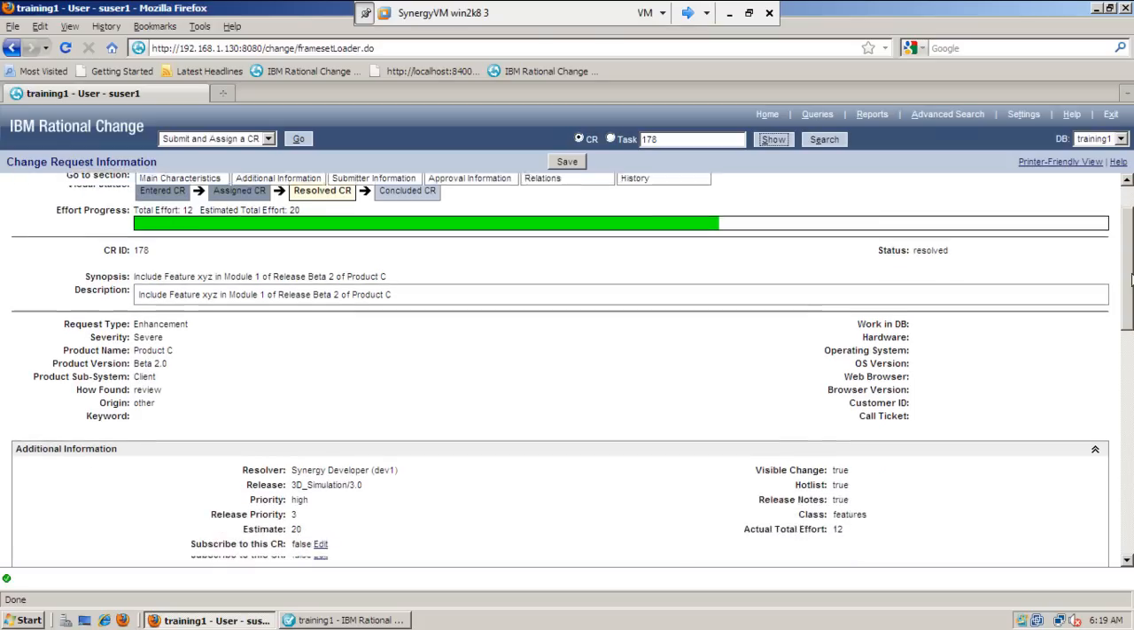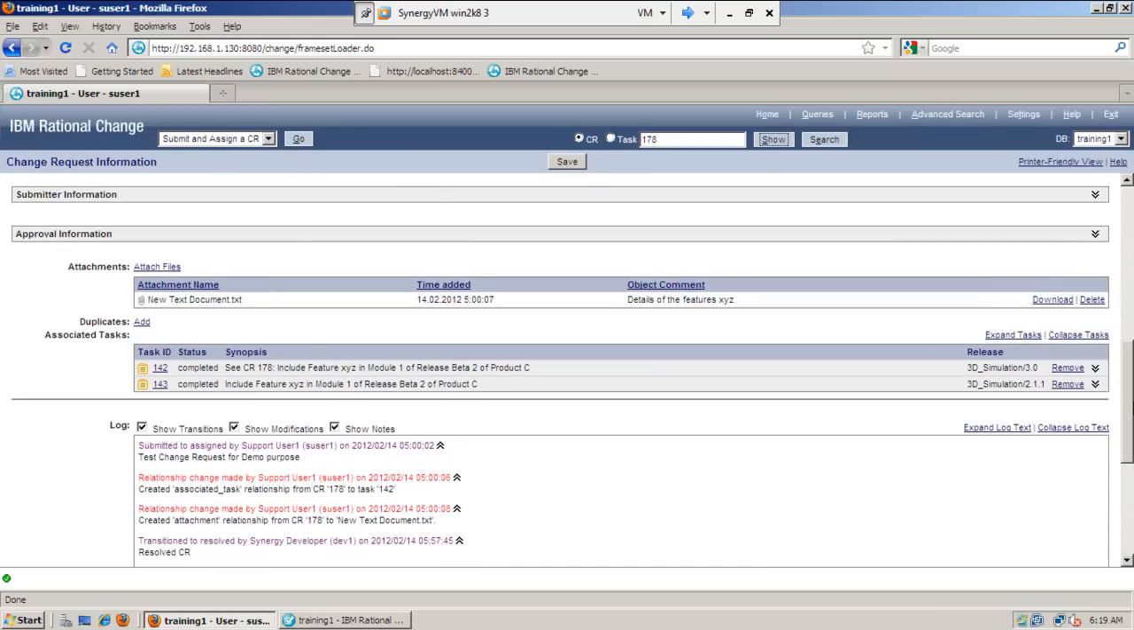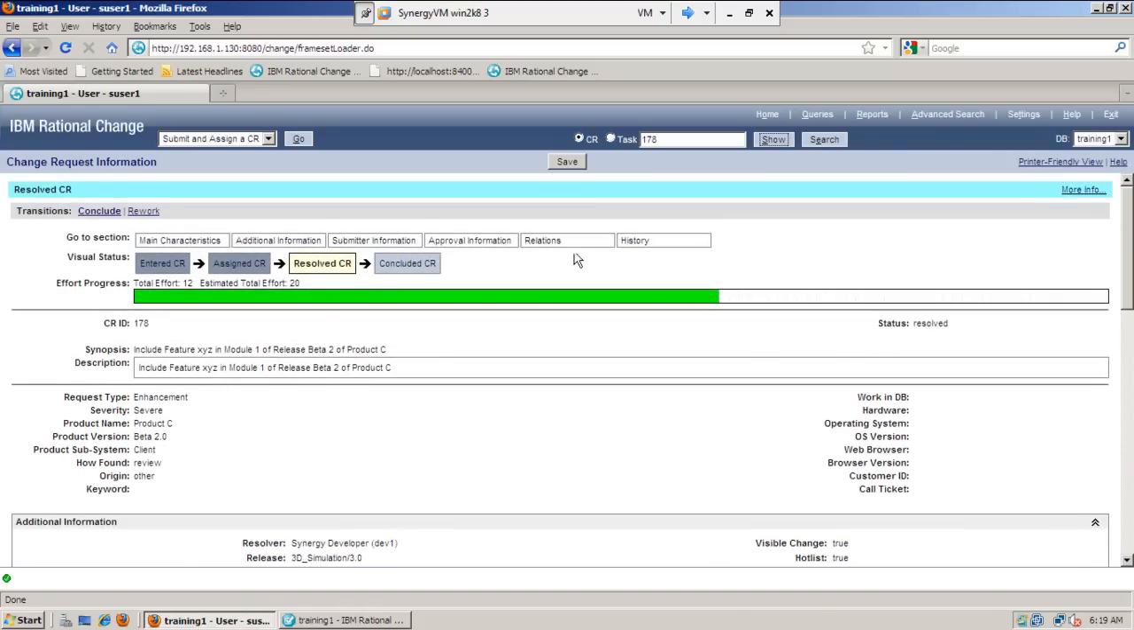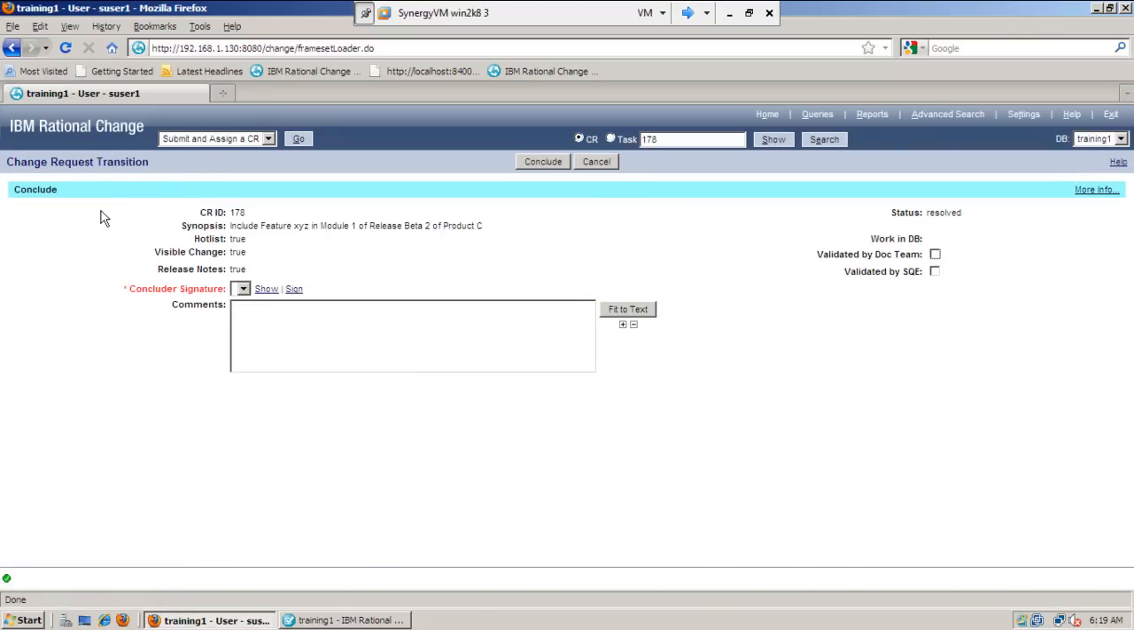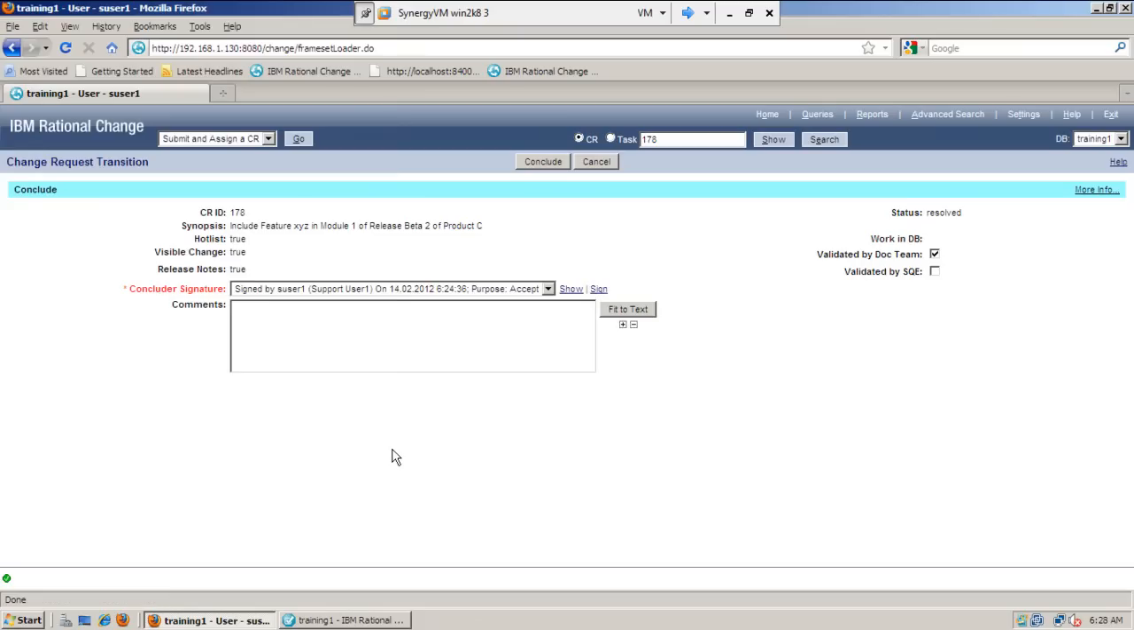Or in case the support engineer is satisfied with the work that has been done, as you can see, both task 142 and 143 which are associated with this change request have been completed, so the support engineer will simply conclude this change request. To conclude the change request, the support engineer has to log in again and provide some comments while generating the signature. After the signature has been generated, the support engineer can add further comments if wanted